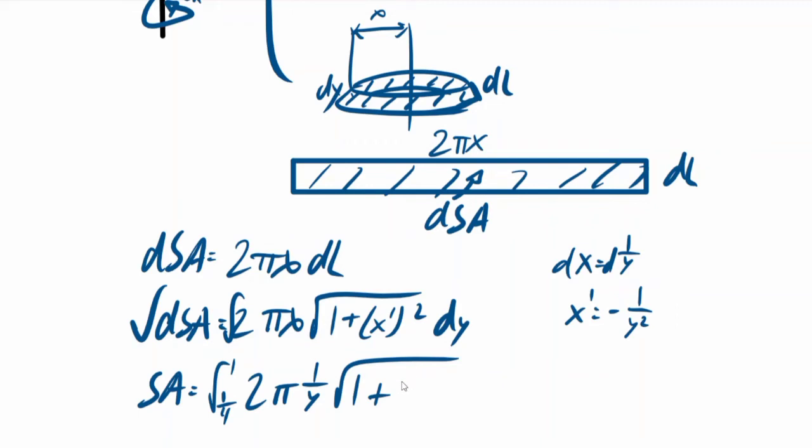So substitute x prime here, negative 1 over y squared